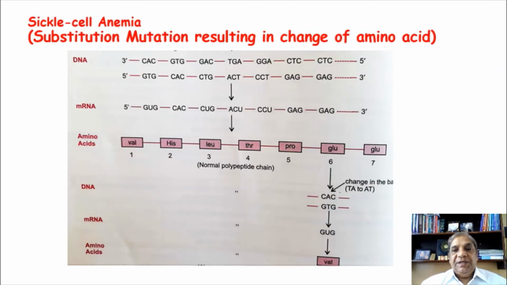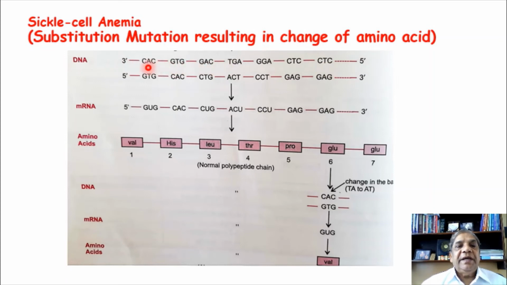Let us see here. This is the chain of the sickle cell anemia. I told you again about this. Once again I am repeating it here. Now here you see, first, on the top of the picture, you are seeing the DNA, double strand of DNA, and just concentrate on this 3 prime to the 5 prime